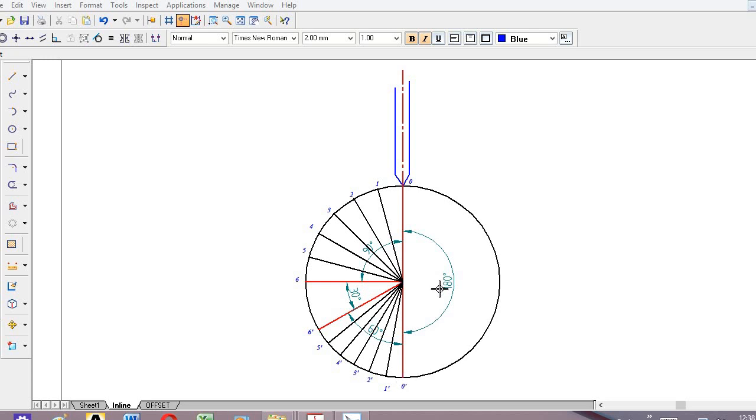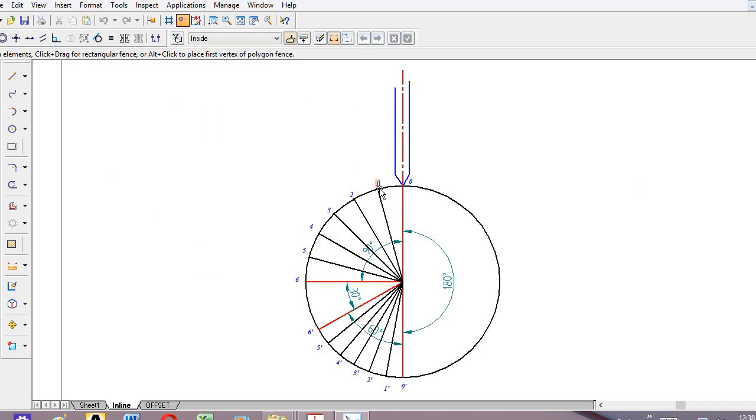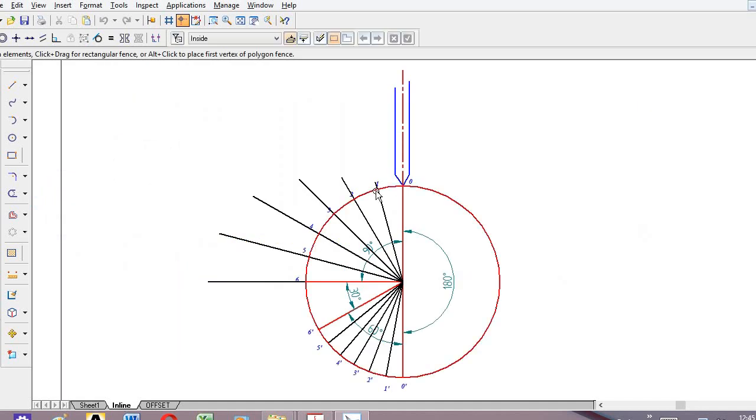Now what we will do is measure the lift from the displacement diagram. From 0 to A, whatever is the distance, it is 0. Then 1 to B, whatever distance you measure, we will mark it from the base circle. That is a 40 mm radius circle. From there we take the lift along these radial lines. So for the angle of ascent, you measure the distance from 1 to B, and you mark it here.